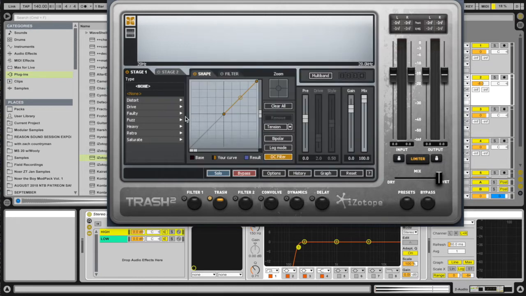And for today, we're going to be tackling the first 3 modules in Trash. We'll cover the other 3 in another tutorial. All right, so let's take a look at the Trash window here. So first thing you'll see on the left here is these different windows, and they're different distortion algorithms. So you have distort, drive, faulty, fuzz, heavy, retro, and saturate, and they're broken down nicely into different kinds of